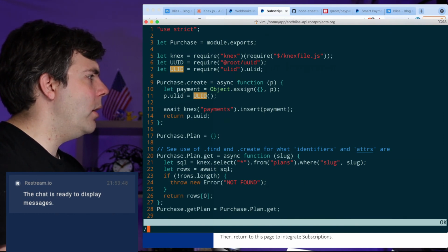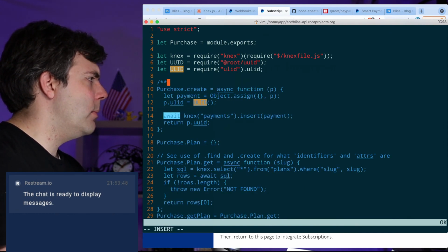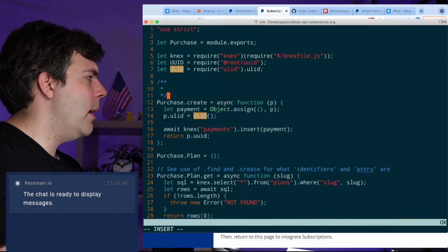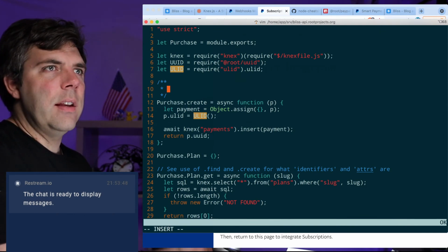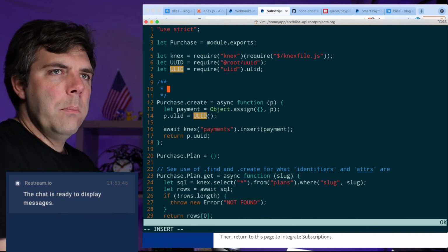I think what I'd want to do here is just put in the params. Really what I need to define is a purchase. I need to do a type def on a purchase. Of course, I need to get the type linting and everything set up for this in the first place. But